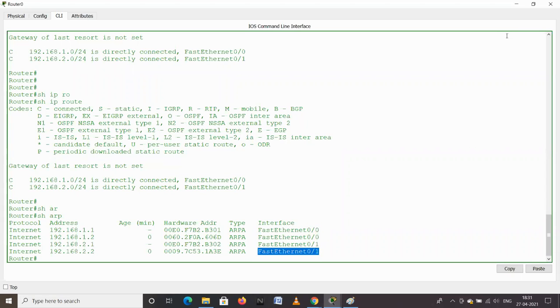अब यहाँ पे ये क्या कर रहा है सर कि अपने राउटिंग टेबल में चेक किया कि 2 का नेटवर्क कहाँ पे, वो देखा कि हमारे फर्स्ट ईथरनेट 0/1 पे हमारा 2 का नेटवर्क है, तो फिर उसके बाद इंफॉर्मेशन में ये ऐड किया। ICMP पैकेट को ओपन किया तो वहां पे डेस्टिनेशन आईपी हमारी थी 2.2, तो वो अपने ARP टेबल को फिर से चेक किया, ARP टेबल में देखा कि 2.2 का मैक एड्रेस क्या है, तो देखा कि ये मैक एड्रेस है, फर्स्ट ईथरनेट 0/1 पे रिसीव हुआ है, तो इस इंटरफेस से वो अपने पैकेट को PC2 के लिए फॉरवर्ड कर देगा।